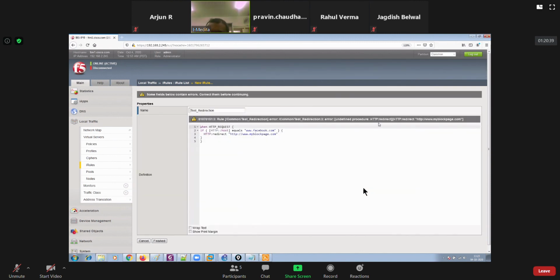What is it saying? HTTP redirect. It says redirect is an undefined procedure.